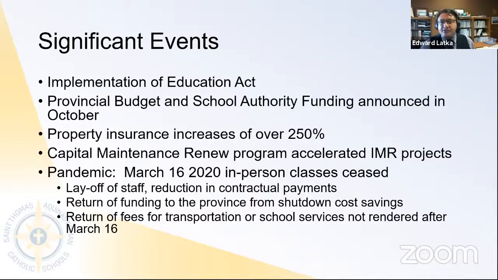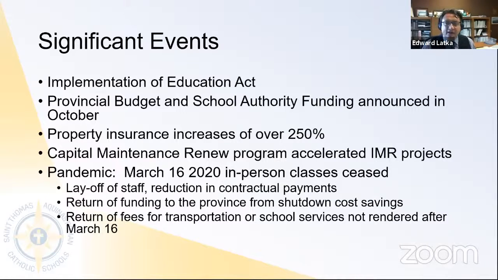We had a provincial budget and school authority funding announcement in October. Normally we would have that in the spring. We developed a budget in the spring based on assumptions that certain funding would continue. Funding was actually confirmed late in October, two months after we had started. So as a division, we had to respond to those changes very quickly and try to maintain our student supports and direct supports in the classroom that had been set up to that point.